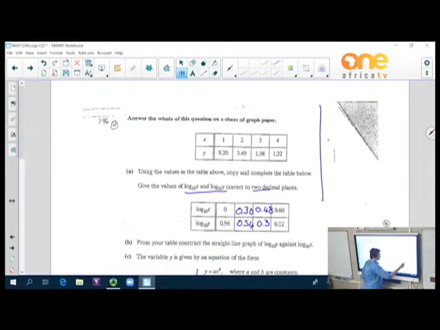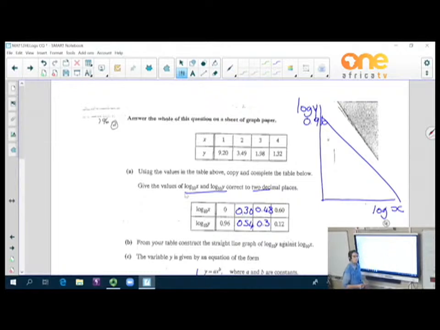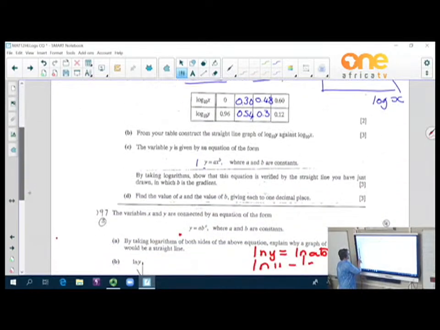So I'm just going to draw my axis. This is log y. Both axes are locked, so this one is log x. I just plot those points from this table now to draw this graph, and it will give you a graph looking like that. Here is your y-intercept, so this will be 0.96. So that's how I'm going to draw my graph there. Right, now they say,